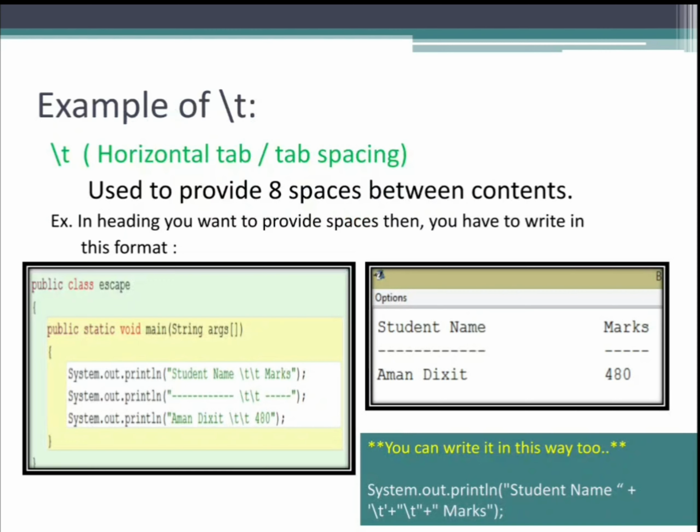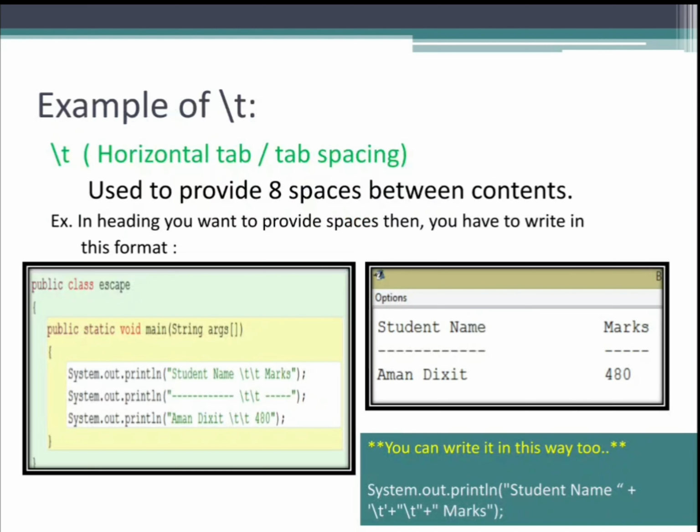Backslash t is always present inside either double quotes or single quotes. But when you are using it inside system.out.println, please use it with double quotes, because everything present inside double quotes system.out.println gets commanded to display. That's why, see, the output we are getting, all of them contain 16 spaces together. If you are using backslash t, it approximately arranges all 3 things together.